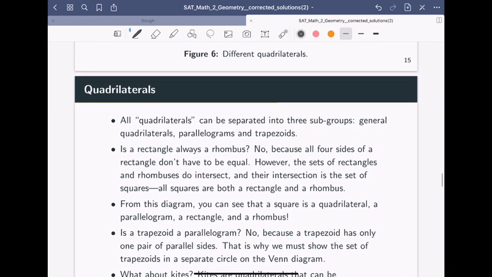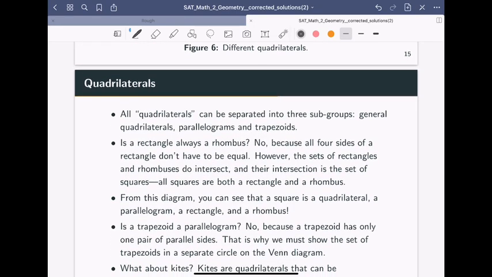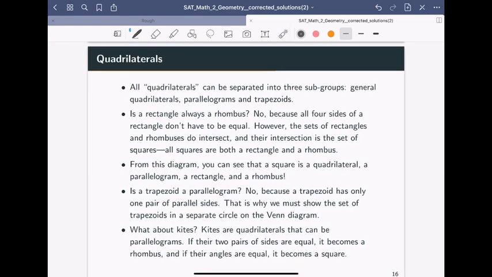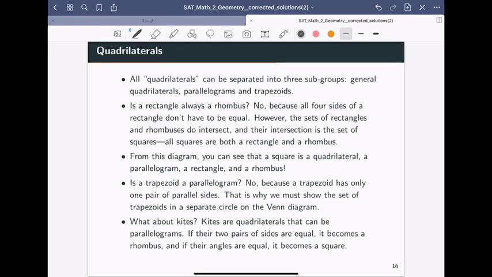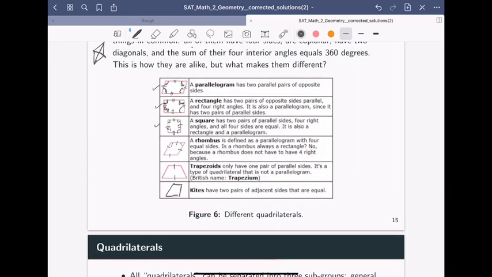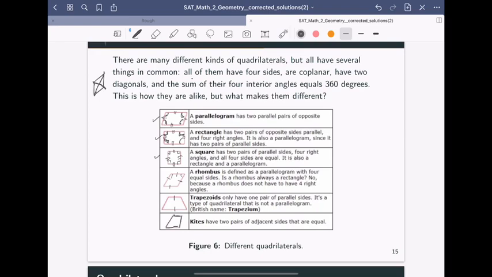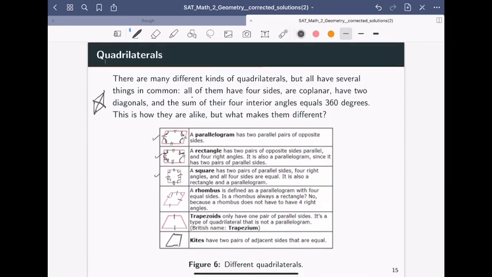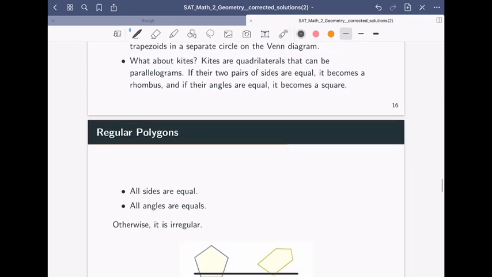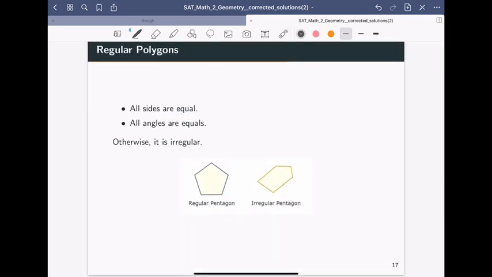Here I've summarized these properties in a bit more elaborated fashion, so you can read through them. I'd encourage you to pause the video and read all of these, and view the video again a little bit from before and see if you can make sense of this slide as well. Moving on. Polygons. There are 2 types of polygons, and we will be interested mainly in one type,